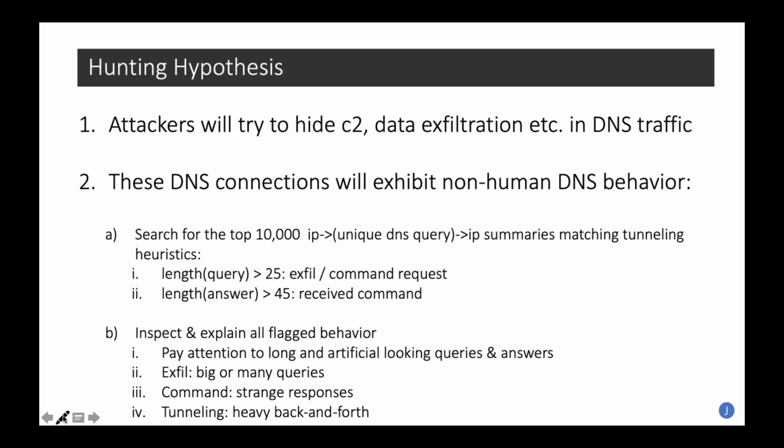Number two, we're going to look for non-human characteristics of DNS behavior, because in many cases, DNS is a human going out and querying a domain, saying, I want to go to Amazon.com, I want to do some shopping, and what's the IP address for that? Can you connect me, right? That's a human behavior and does have certain human characteristics, whereas machine-driven DNS behavior, which can be completely legitimate in some cases, but otherwise can be used by attackers, typically has strange alphanumeric strings in the DNS requests,